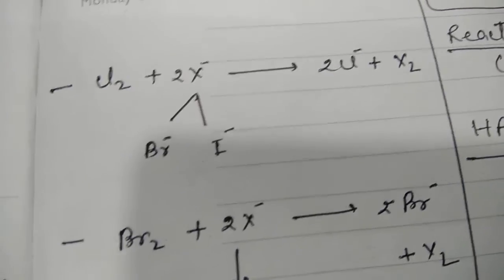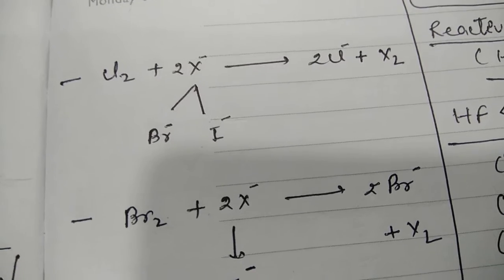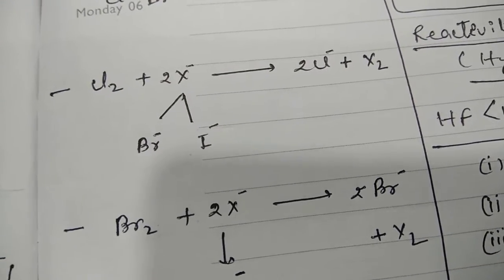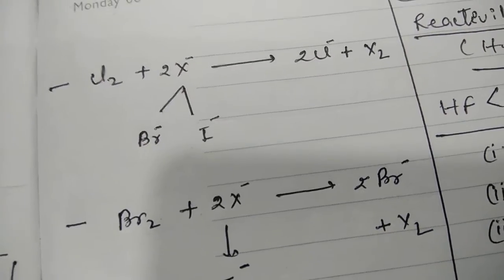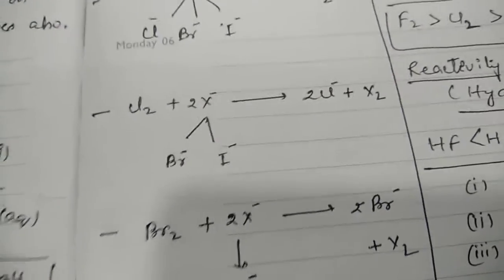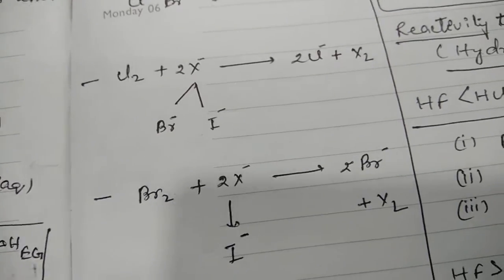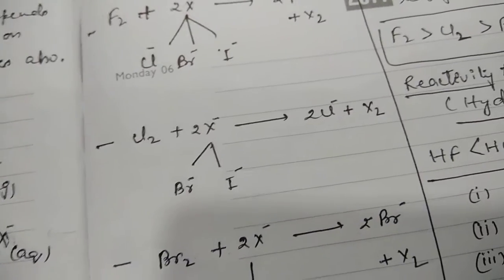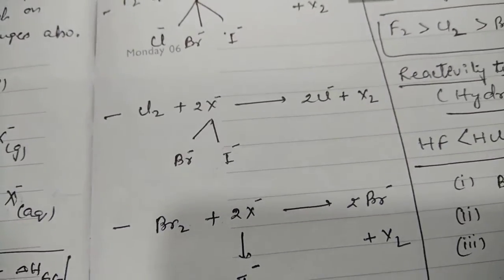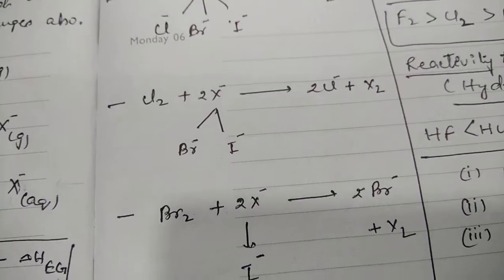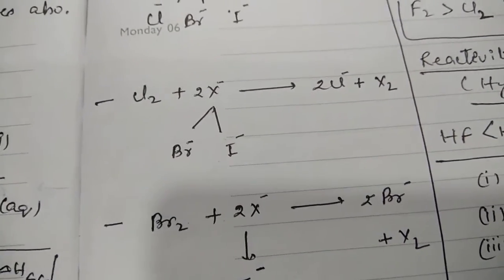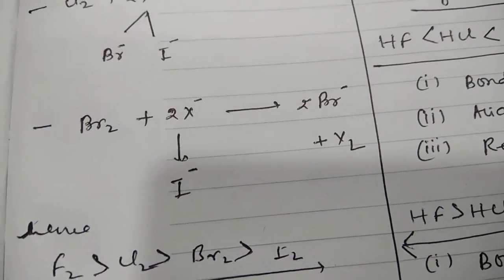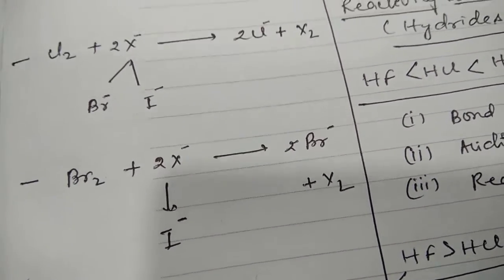But when we take Cl2, now the oxidation of F minus is not possible. In X minus, you see, only Br minus and I minus are there; F minus is not there in place of X minus. So Cl2 can oxidize only bromide ion and iodide ion. So simply this indicates that Cl2 is a stronger oxidizing agent than Br2 and I2, but it is weaker than F2 since it is not able to oxidize F minus. The next one, class, Br2, if we take, then in place of X minus only I minus will come.